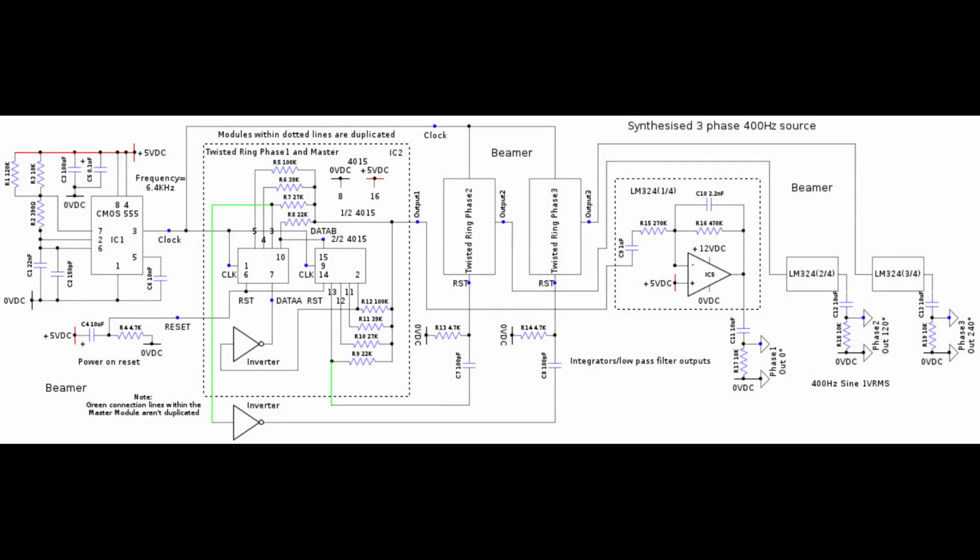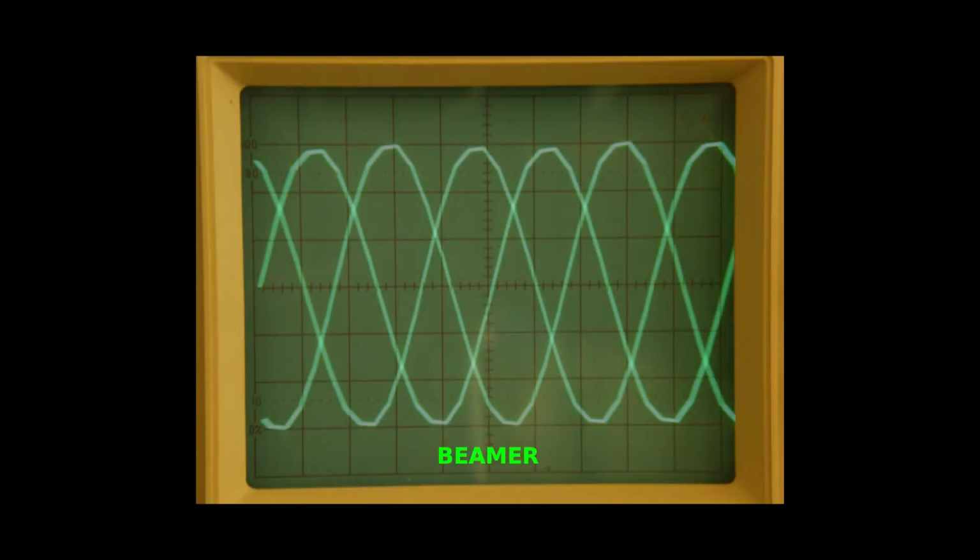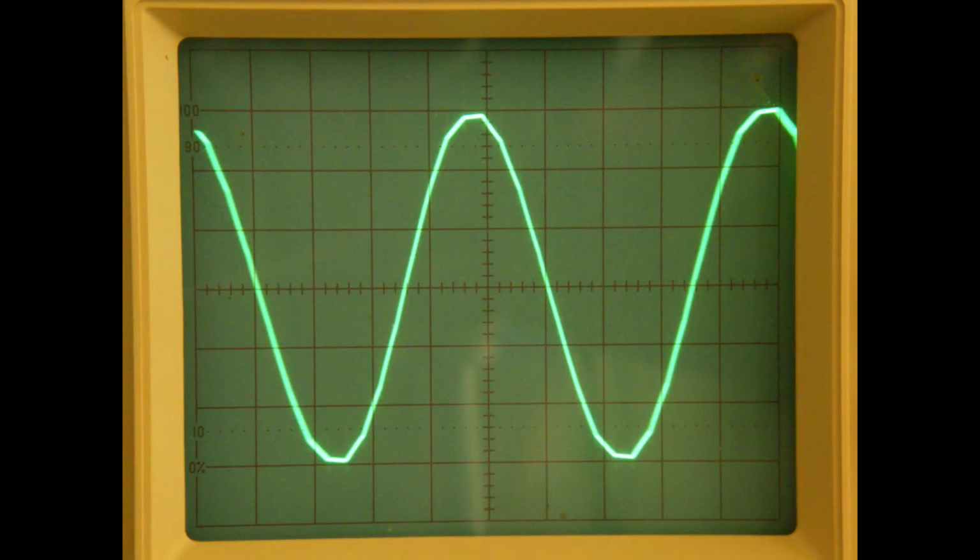On the back of building, some videos ago, an arbitrary waveform generator, a link to which should be above now, and using the same principles, I thought I would explore making a 3-phase 400 Hz source. And naturally, being an AWG, the actual wave shape could be one of many, or on each phase a different